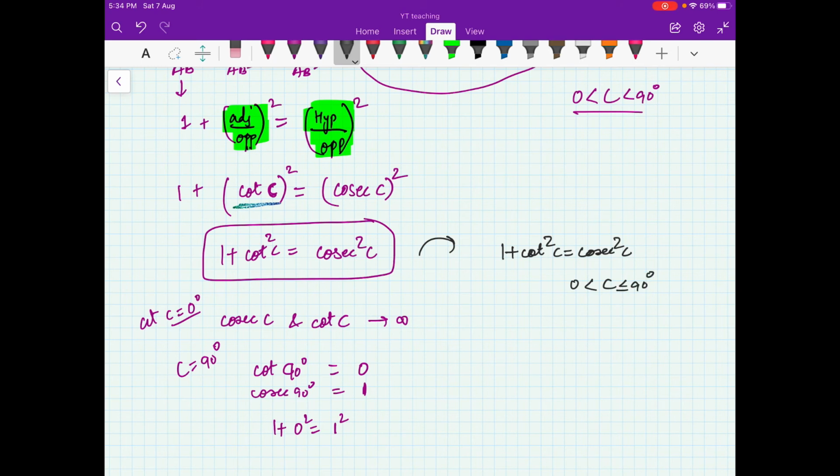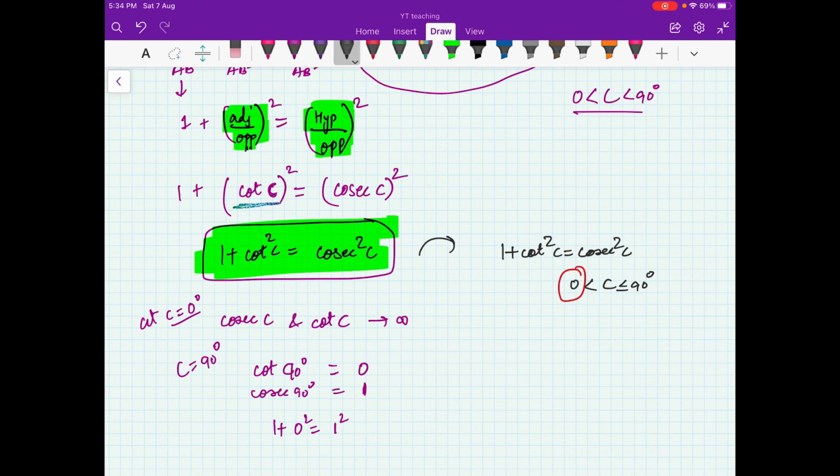So you must take care of these things, because we saw that sine and cos are defined for all the angles, but tan and cot, because they are the ratios of sine and cos or reciprocals, take infinite values for some angles. So you have to take care of what angles are allowed, right? So here we got this identity, and this is another identity which we should remember. You should always remember this identity.